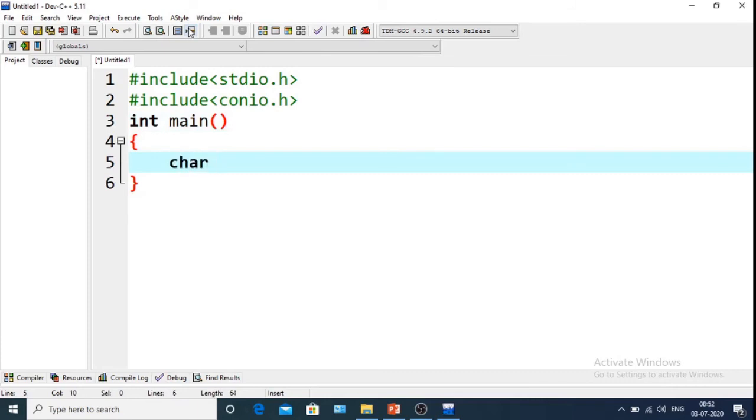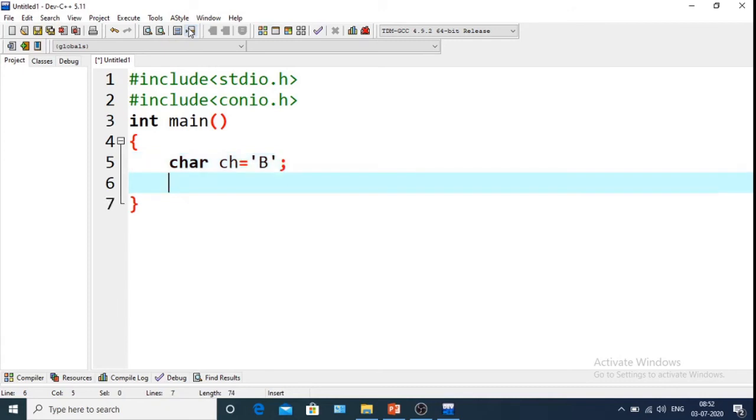Next, I'm taking a character within single quotation marks. If we want to print it, what do we do? printf, we will use %c. This is %c to print a character, followed by a new line. So let's run it.